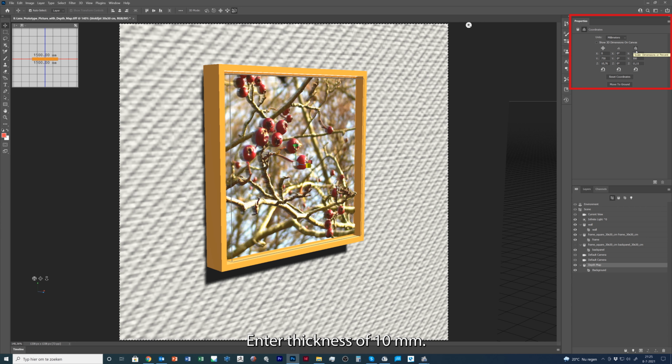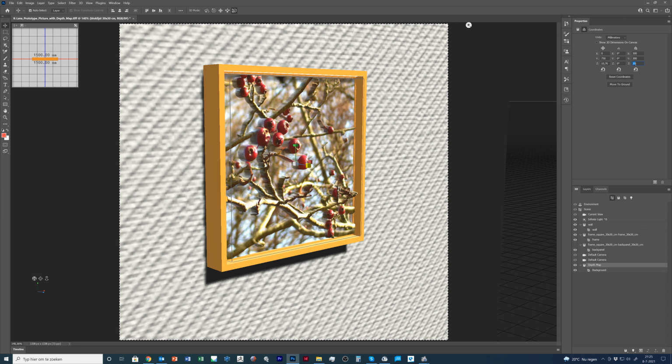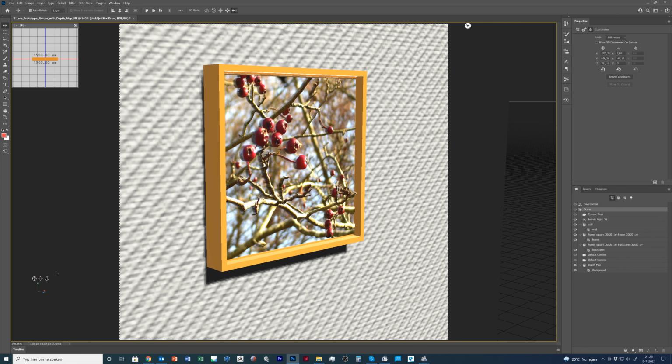Enter a thickness of 10 mm. This is how the final photorelief looks.